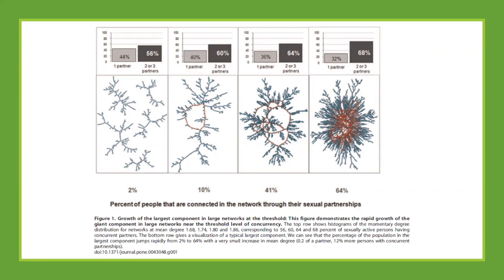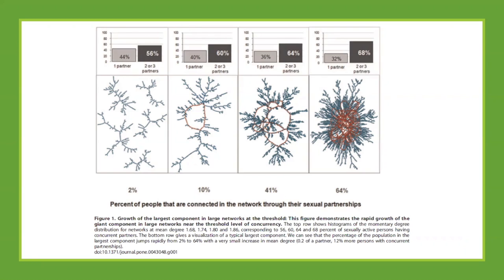And what happens is the network becomes so much more tightly interconnected. So down here, we have tiny little groups of people that are connected in these sort of stringy trees, whereas up here, we've crossed a threshold, and now all of a sudden, this is 64% of the population that is connected to each other through some path in here. And that you can think of as a measure of our epidemic potential. You put one infection into one of these networks. Down here, it's not going to go anywhere. It can't. Up there, we're doomed.